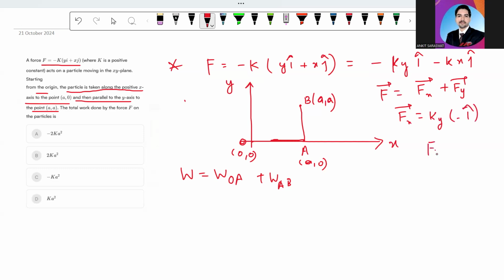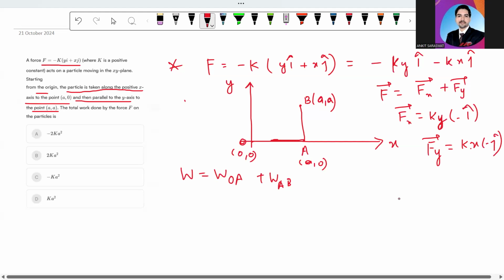Similarly, Fy is Kx j. So from O to A, we know this force is variable. Since force is variable,